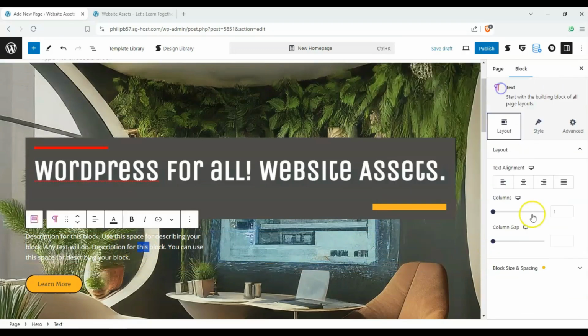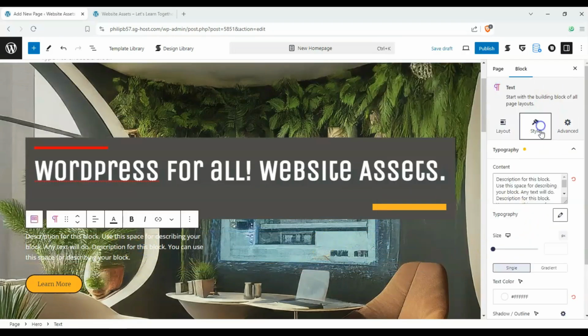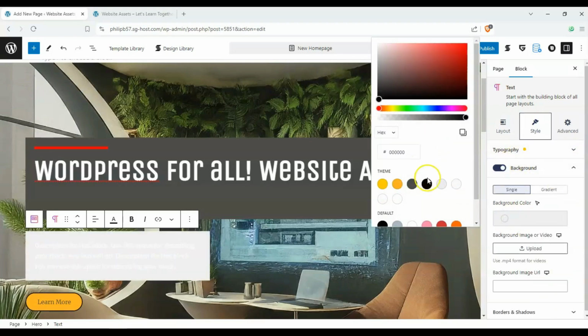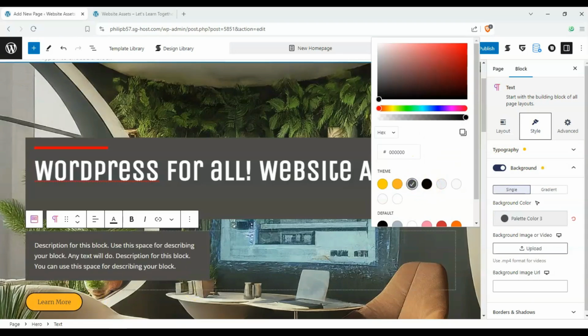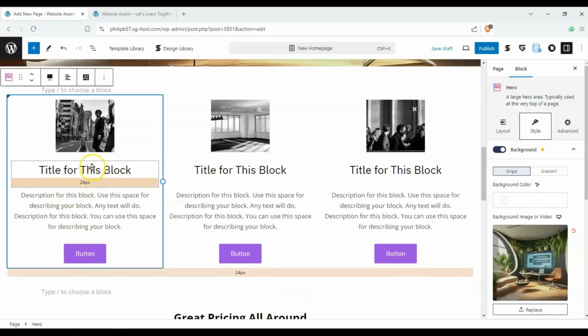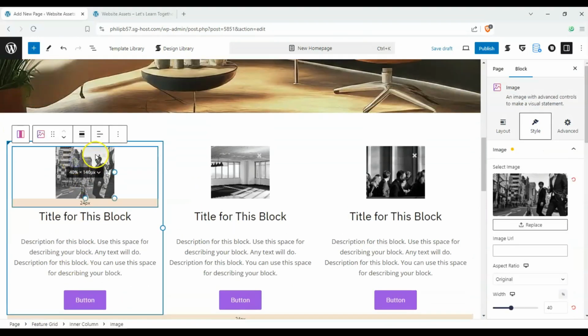Same with this. Let's go ahead and change up the style and scroll down over here and enable a background as well with a single color. And there's our main one. Next, what can we do with these? All right, let's go ahead and change our